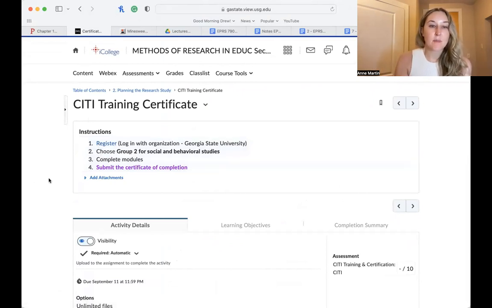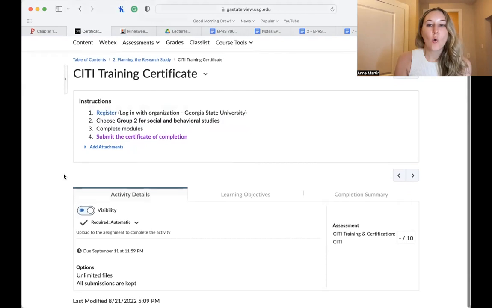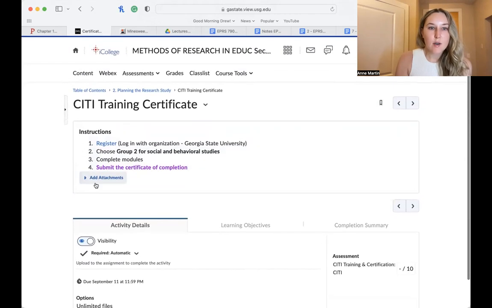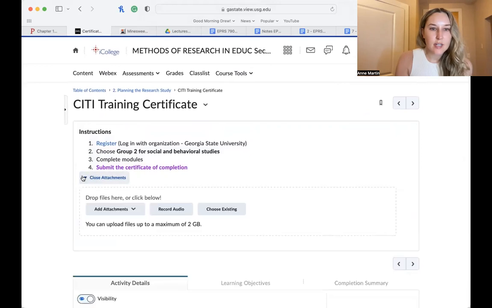And this is a reminder about which to choose. You're choosing Group 2, Social and Behavioral Studies. You'll complete the 12 modules, and then what you will upload will be your certificate of completion. And did I include an attachment? Okay, so I am going to include this